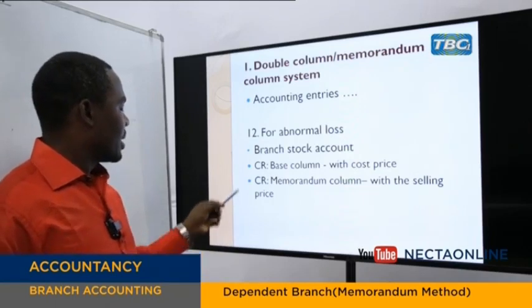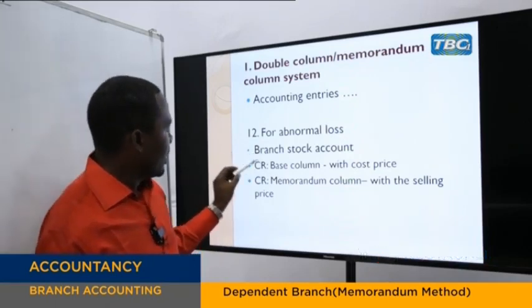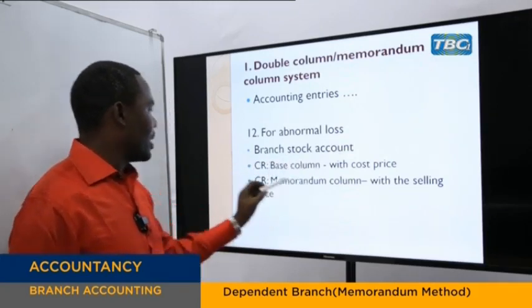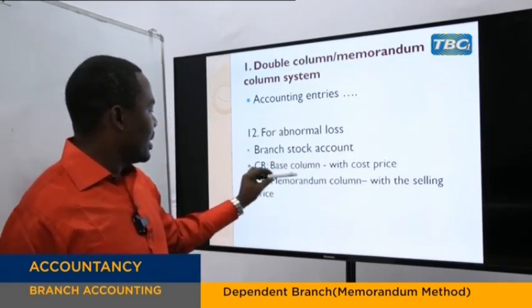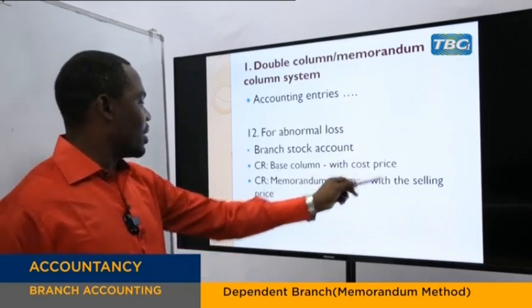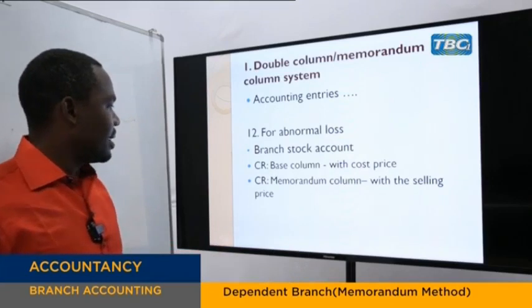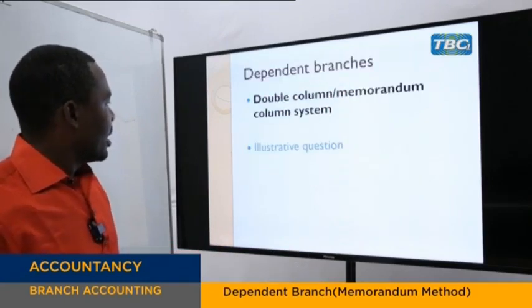For abnormal loss, as I said before, we need to give it attention. So in the branch stock account, we credit the base column with the cost price, but also we credit the memorandum column with the selling price. So far,